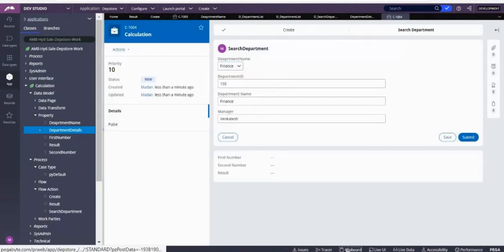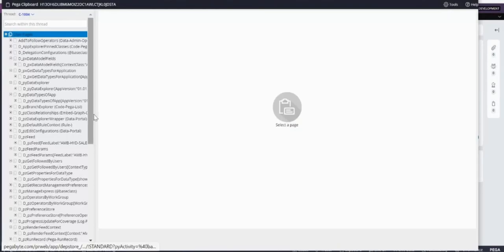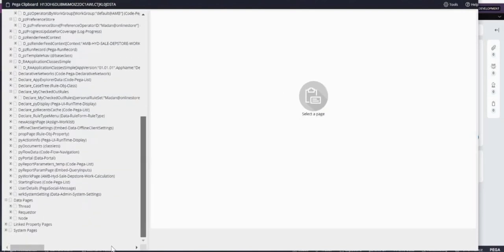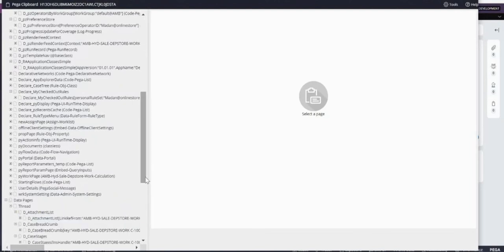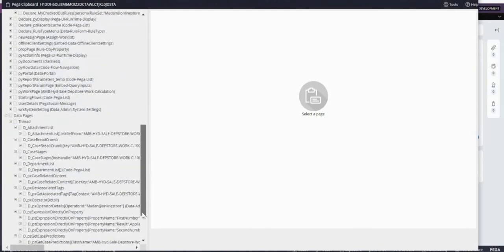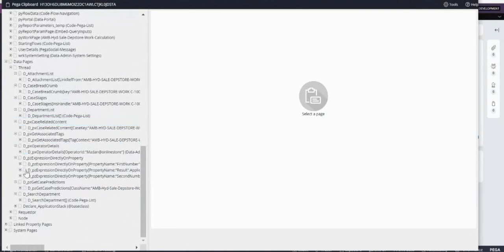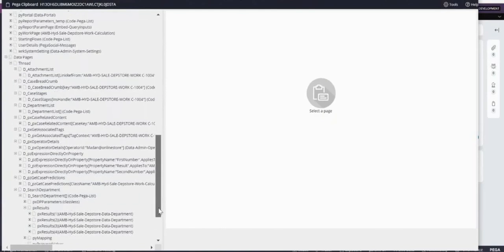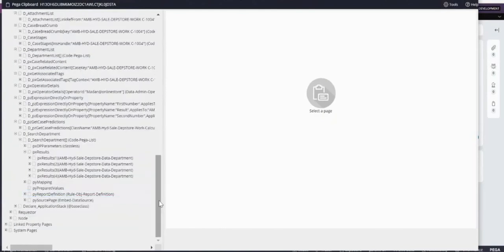Now go to clipboard. Can you see search department here? Expand this pxResults. Can you see how many are there now? Four are there.